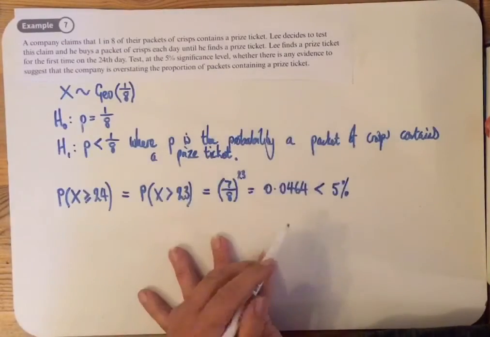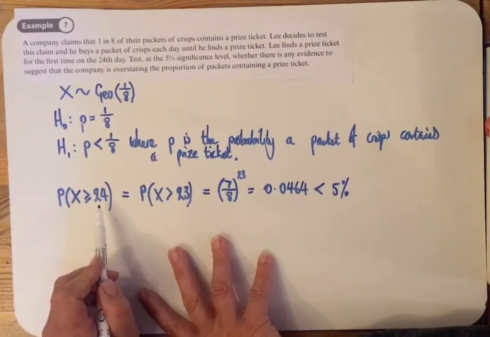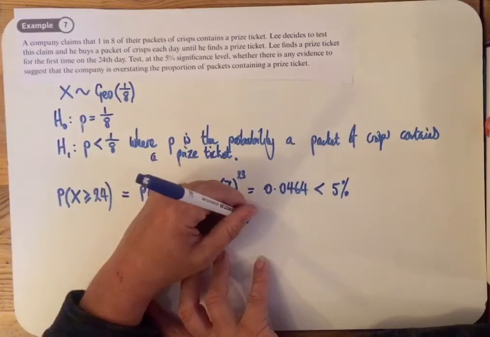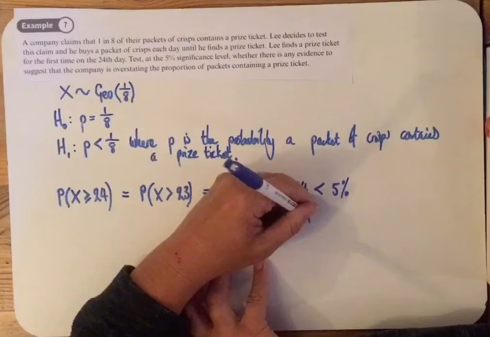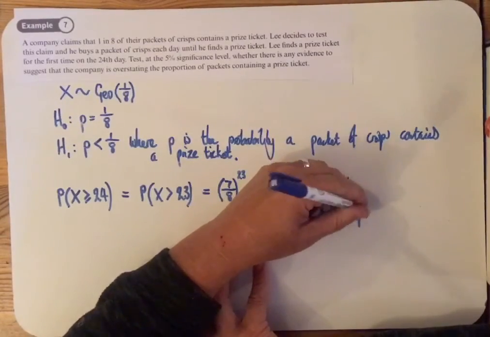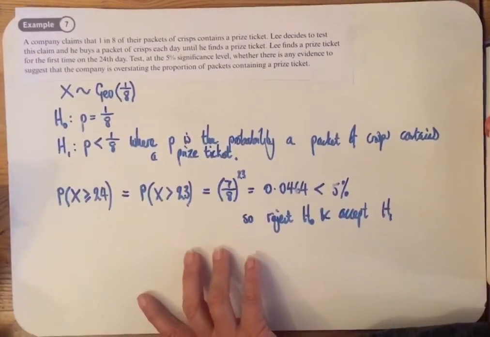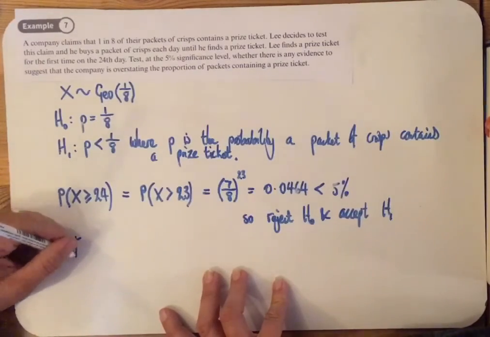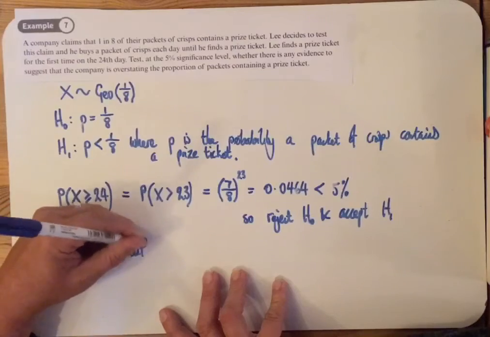So that's too unlikely to have happened by chance, that you get a result as extreme as 24 or more. And so we're going to reject the null and accept the alternative. And then you need a conclusion in words. So there is evidence to suggest, or there is sufficient evidence to suggest